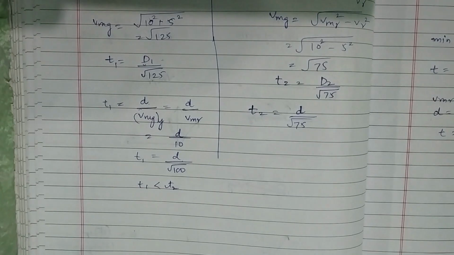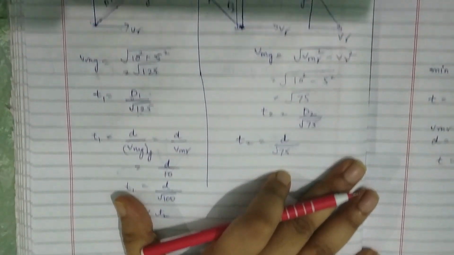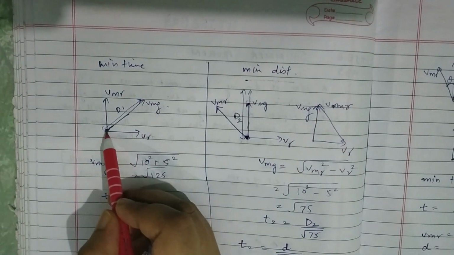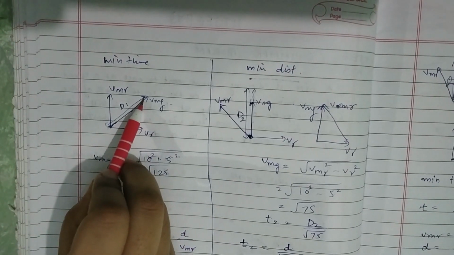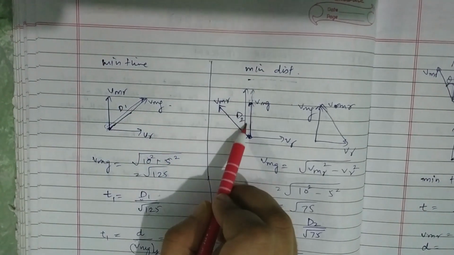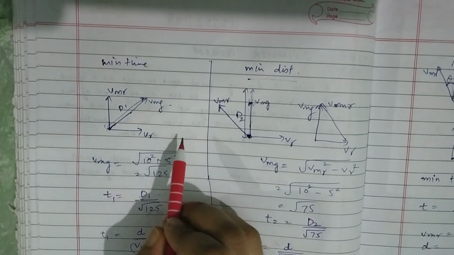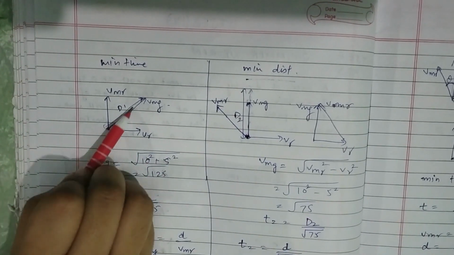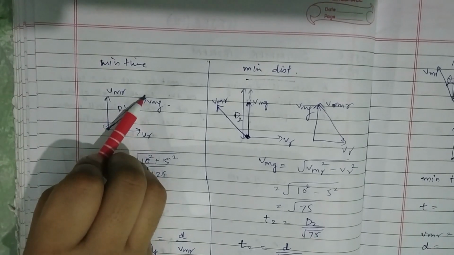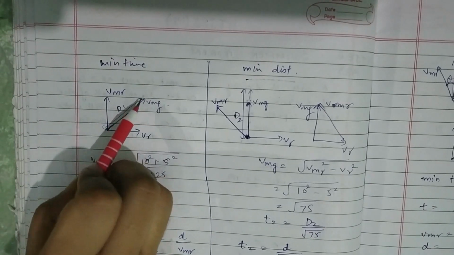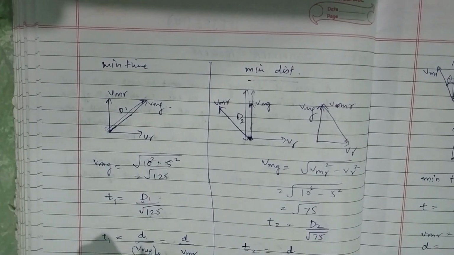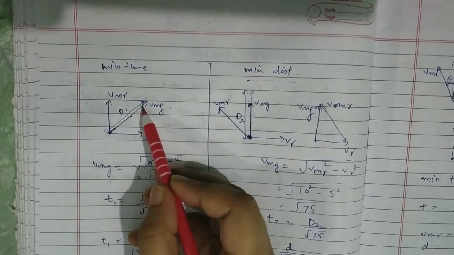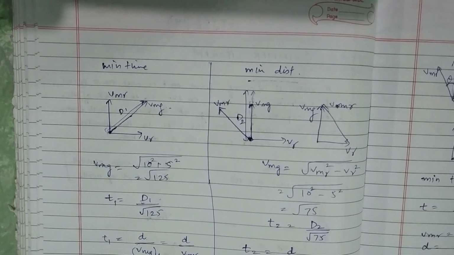So you should not get confused by this approach. See, the man is trying to go here, but it will go here. But this doesn't mean that the time will be more here as compared to this. That is because if it is taking more distance, then the velocity is also more. So you cannot say that the distance is more, so the time will also eventually be more. No, this is not the right approach, because if the distance is more, the velocity is also more.